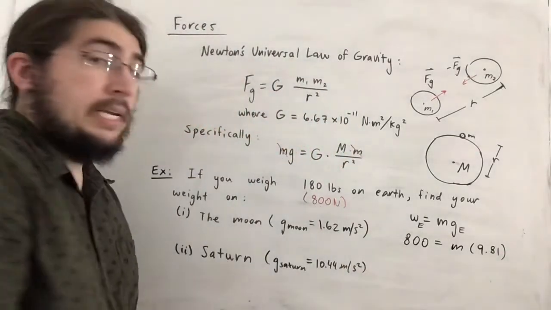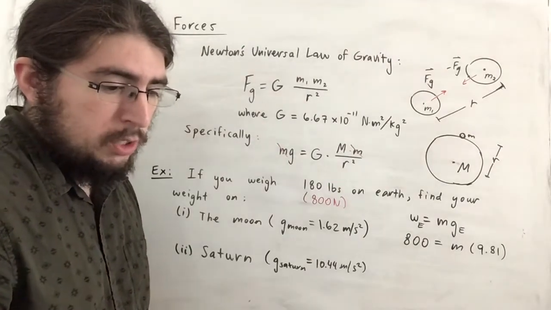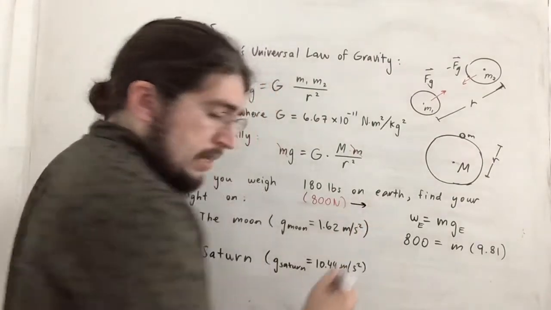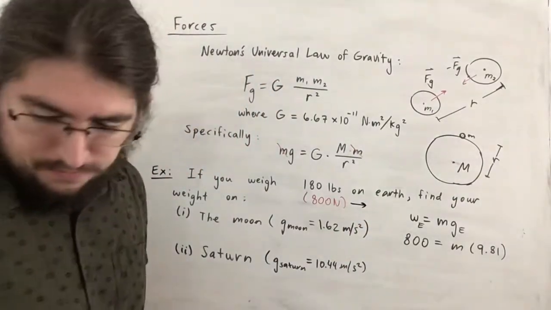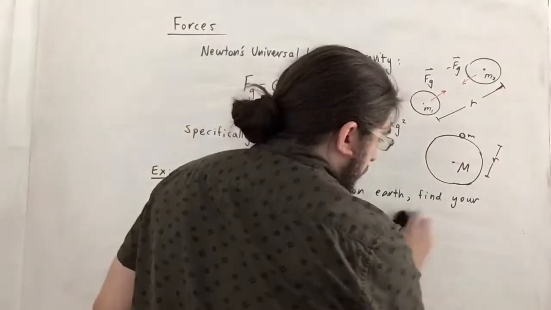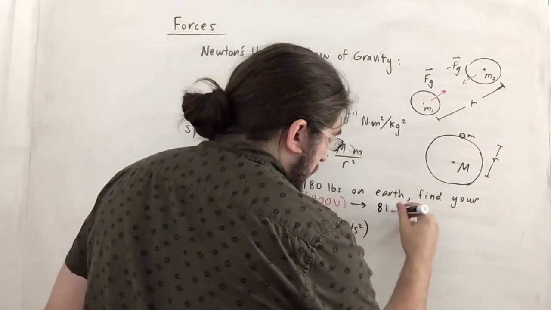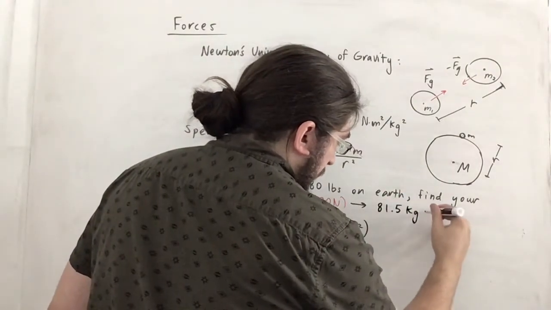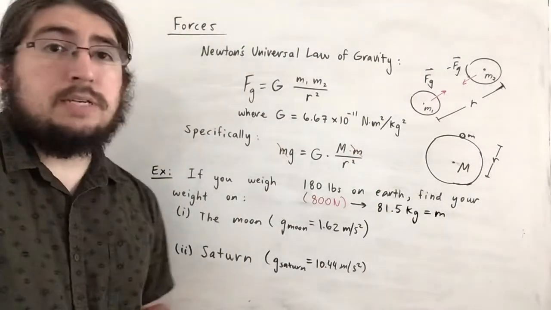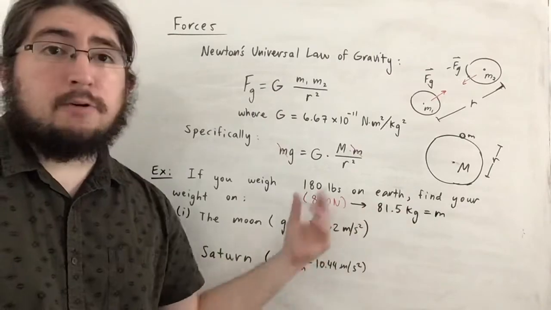So that means our mass in kilograms would just be this divided by 9.81, which should give you about 81.5. So let me just write that over here, kind of erase this. But if you divide by 9.81, you'll get that, 81.5 kilograms. So let me just say that's equal to m, your mass. Good. So now that we have our mass in kilograms, we can multiply that by gravity to get our weight